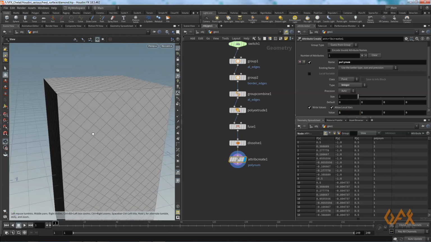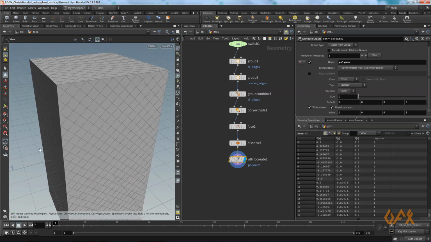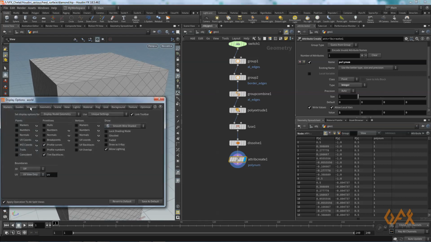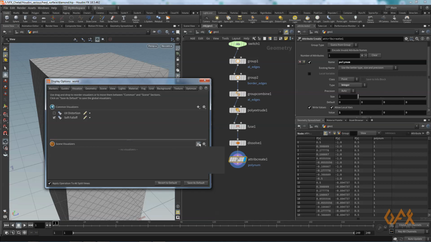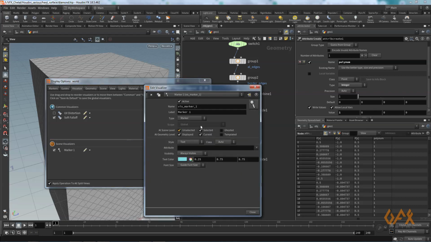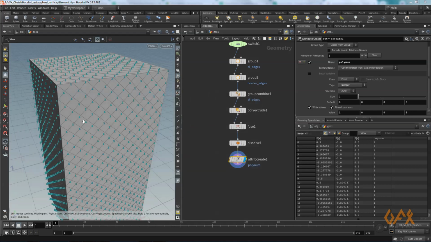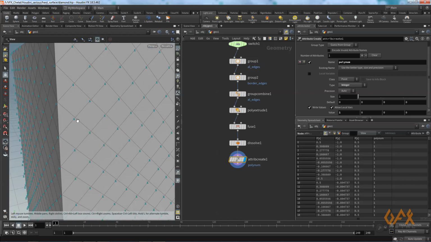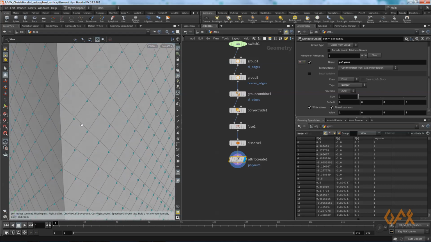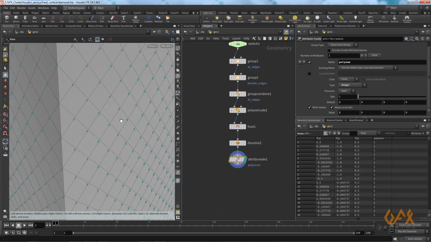So what happened with this? I press D over here, I select one visualizer, I create one visualizer marker, and I name it the same, polynum. Close it, and now you see over here every point gets the value 1, because I set the poly number on my points and the value is 1.